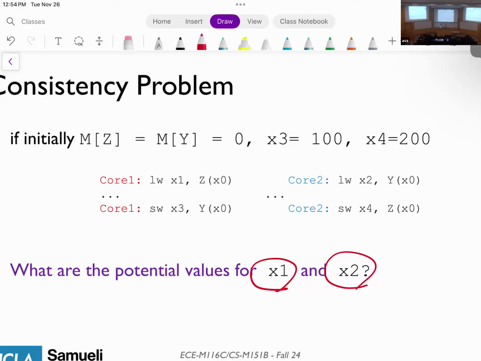As we're going to talk about, and some of you familiar with parallel programming probably already know, there are two classes of problems that cause this issue, where x1 and x2 can get various values. One can get 0 or 100, the other can get 0 or 200. Another big problem in consistency is that if you run this multiple times, each time you might get a different value. So it's not that you say, this is the code I've written, and it always gets, let's say, 0 and 100, and not 0 and 0.